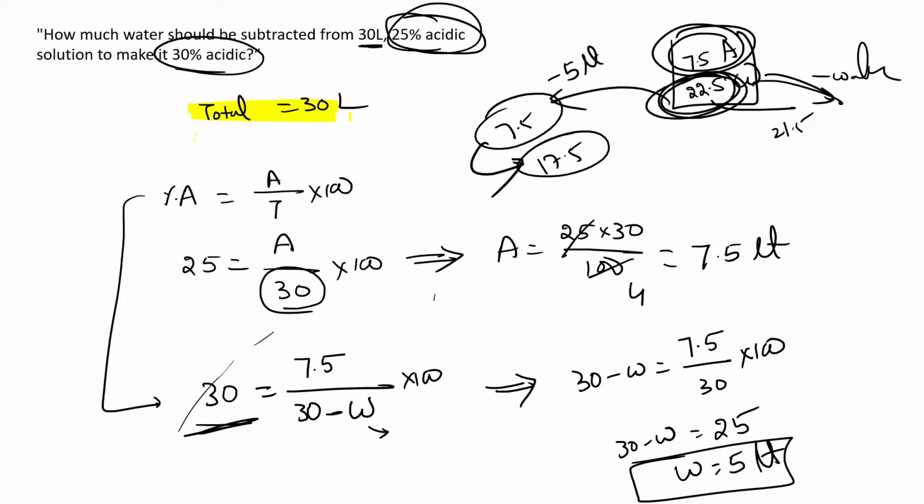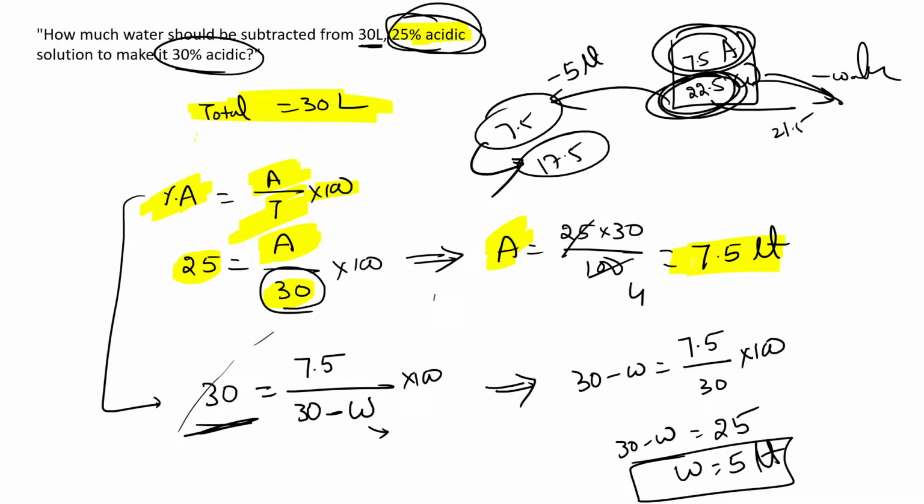See guys, initially we are having 30 liters of solution. Let us take, if I am saying 5 is what percent of 10, what we are going to write? 5 by 10 into 100. Similarly, he is saying acid percentage, that means acid is what percent of total 30 liters. So acid percentage equals acid by total into 100. We know acid is 25 and total is 30. From this you can find out the value of acid in